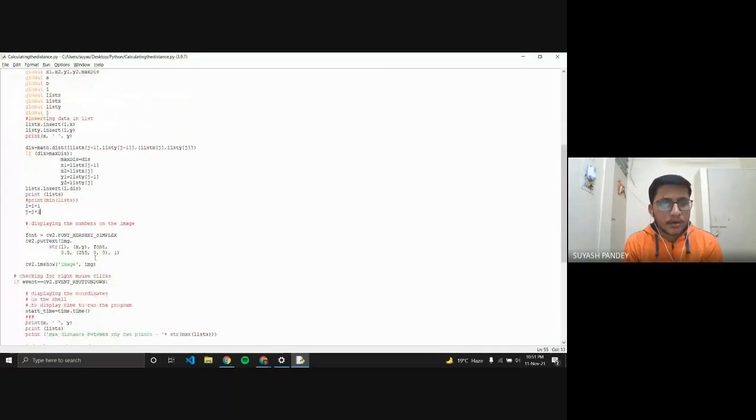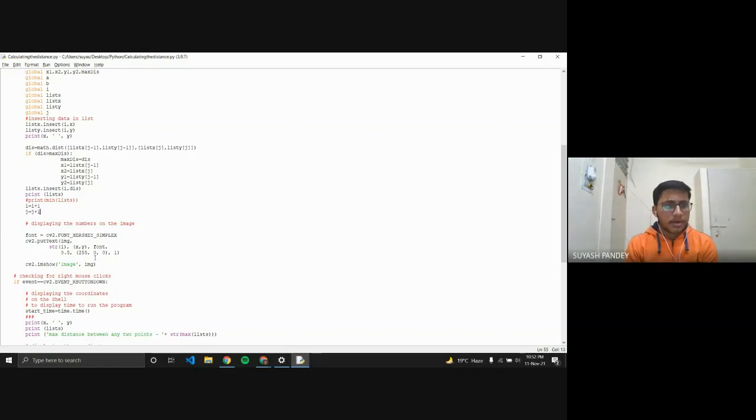Now for displaying the numbers on the image, we would first of all initialize the font for those numbers, which is cv2.FONT_HERSHEY_SIMPLEX, which is the name of the font, and cv2 is the name of the module which we had imported earlier in this video. Then for inserting the text on the image, we have used the command cv2.putText. Then we have put img, comma str(i), which would contain the text. Then x, comma y. Then we have set the font color and font style as well.